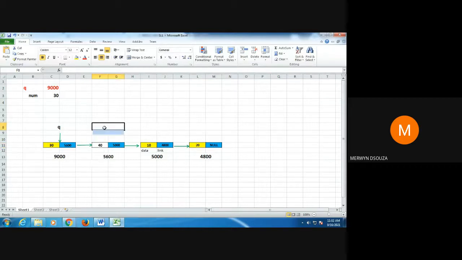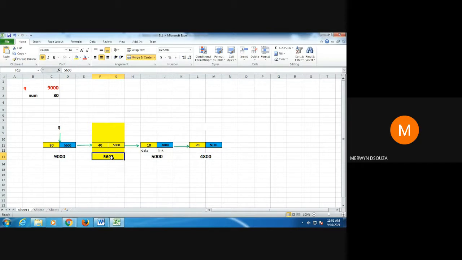So this one is going to become your new first node. That is your second node, and I just made the background yellow. That one becomes your new first node. That means the Q pointer should start pointing to this node, the node with the address 5600. Why?